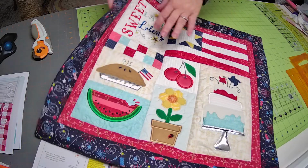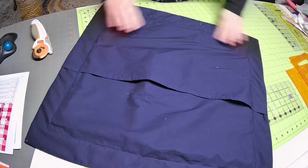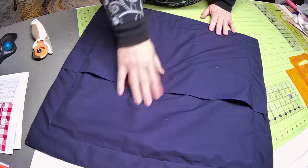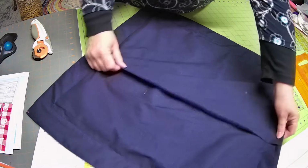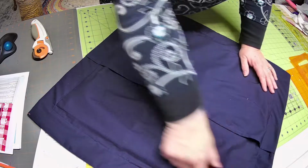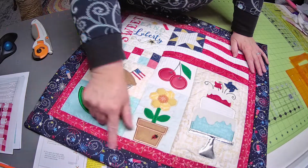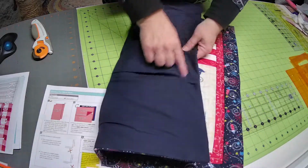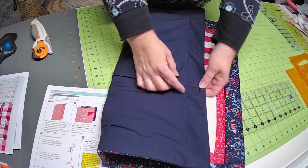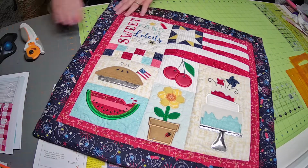Okay, so I want to show you what I did. So I stitched it all around, right, and I flipped it inside out. So when we flipped it inside out, you can see the top now goes over the bottom in the back, which is what I would rather it do. Then the next thing you're going to do, and you can see I've done it, is you need to stitch in the ditch between the flange border and the inner border all the way around. And I would say just be really careful when you get here where these two meet on both sides. All right, so once you stitch that in,